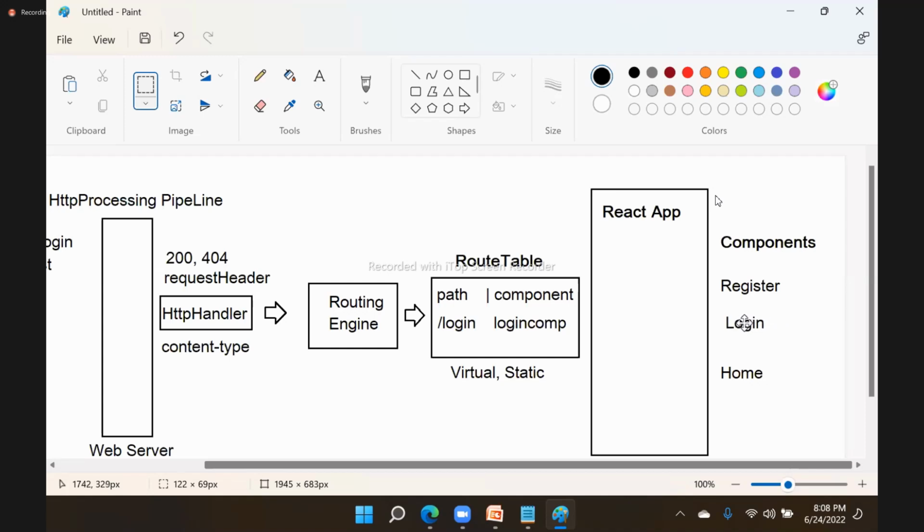That means when it unloads, for example, I finished using login and I went to home. That means this login component will unload, and the home component will load. So from the time the component is loaded till it is unloaded, it will undergo several phases